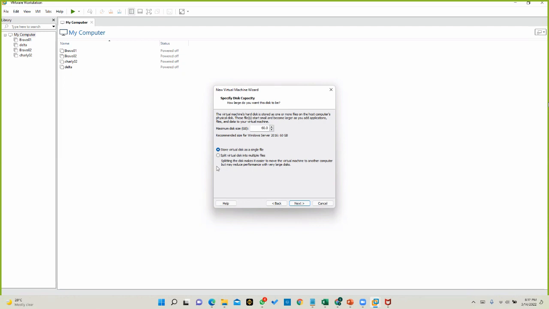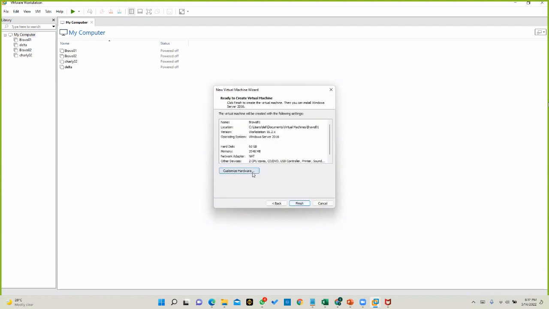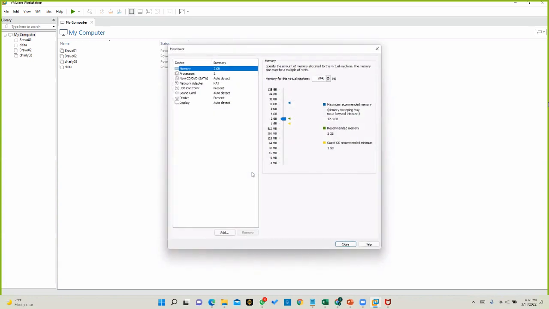But if you select to split the disk into multiple disks, you should select all the disk files. You would require them to power it up on any other workstation installed on any other machine, right? But since this is for test and lab purposes, I select the single disk, right?